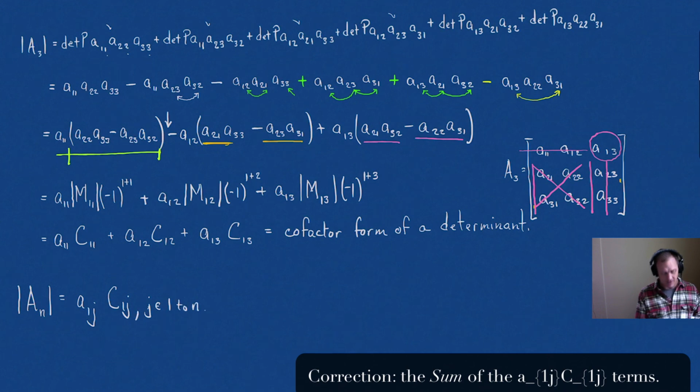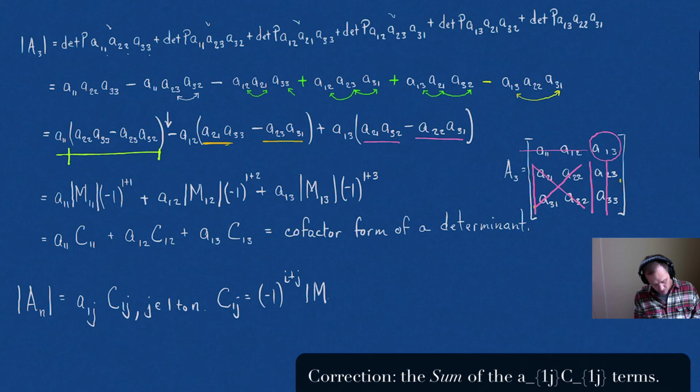Okay? That would be the cofactor, and then each C1j is negative 1 raised to the 1 plus j times the determinant of M1j. That might look difficult. It's actually pretty simple, and I think the best way to see how simple that is